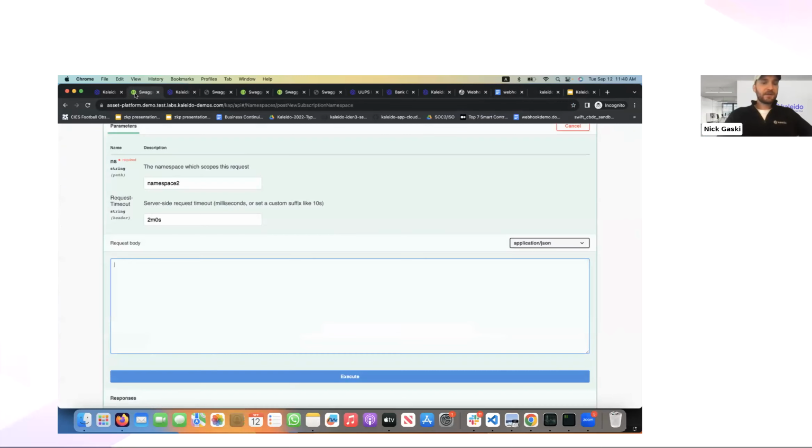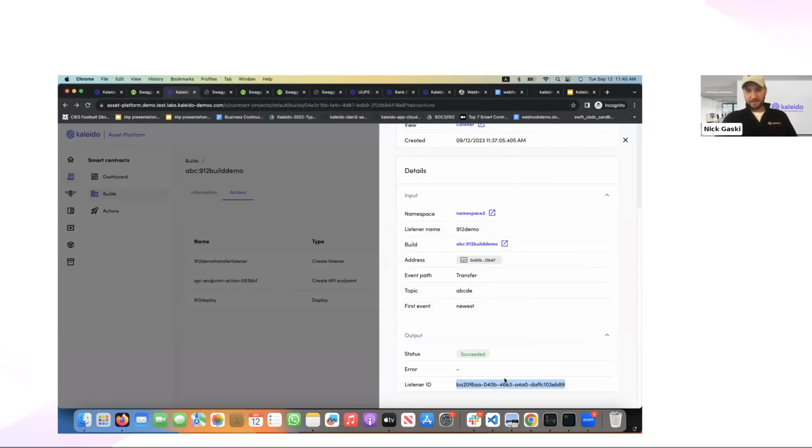So we're going to post this into the body. Okay, so it's saying, give me this thing via webhooks. Name, I think I said A, B, C, D, E. And this is kind of the most important thing. These two things right here, the endpoint that you want to push it to and the listener object. The listener object corresponds to that signature, that state change. And if you remember, we said transfer. So if I do a mint, I do a burn, I redeploy something, for example, I'm going to get all of that. So now we want to go back here, and I want to copy this guy,